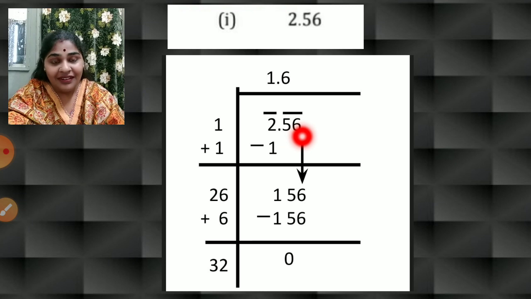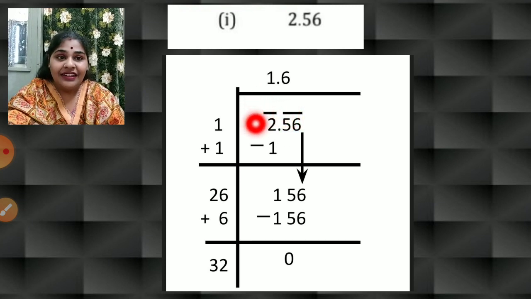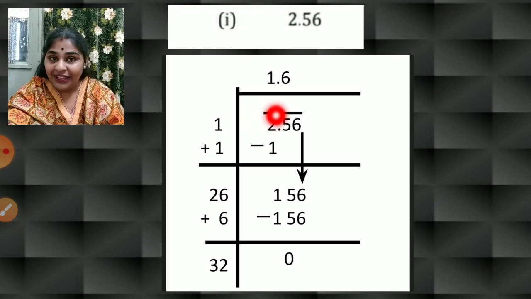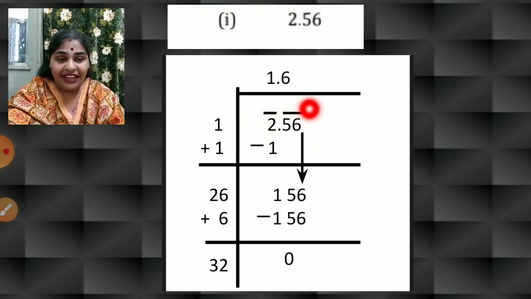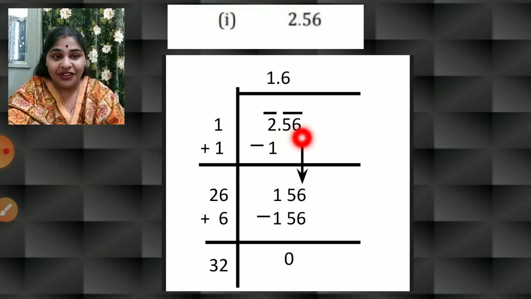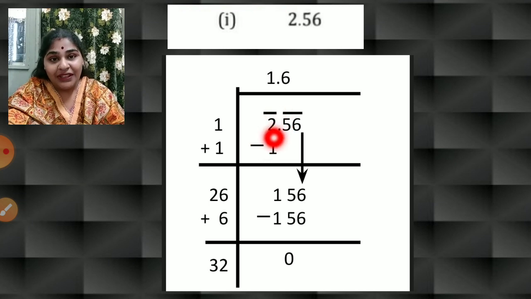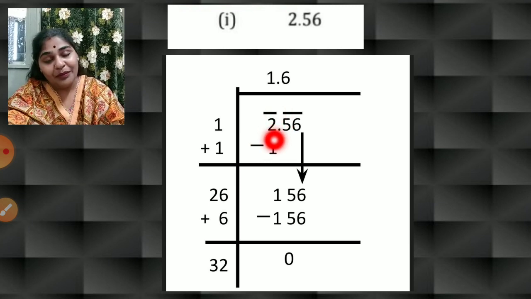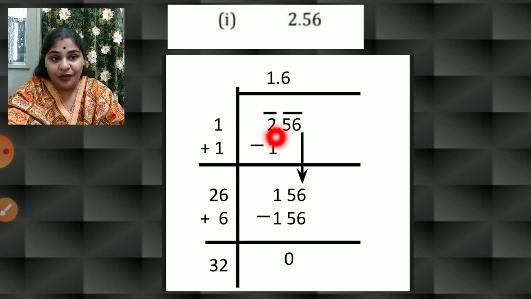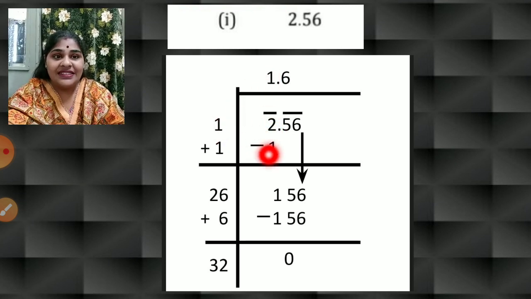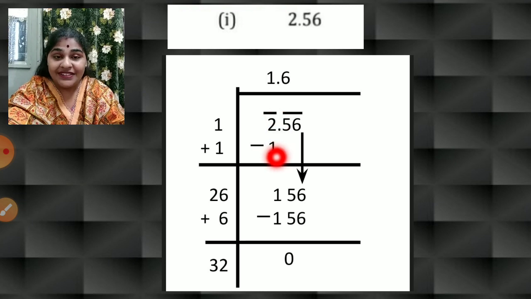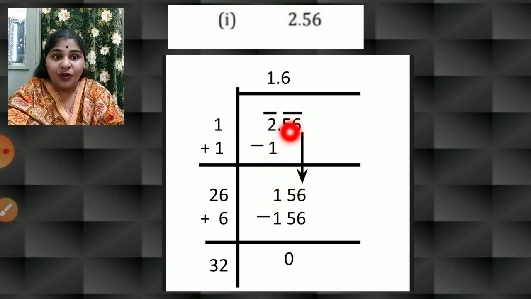You will write the number, then you will start pairing. Right now here in the integral part there is only one number. I'll put a bar on that, but in decimal part I will make a pair of 56, that 5 6. Okay, so now I will concentrate first on my integral part. First pair, that is 2. Now I know 2 2s are 4, then the previous number is 1. So 1 1s are 1 because 4 is greater than 2. We cannot take that. The number square should be equal to or less than whatever number is here. So I'll take 1 1s are 1. So in the right hand side 2 minus 1 will be 1, and the next whole pair is coming down.